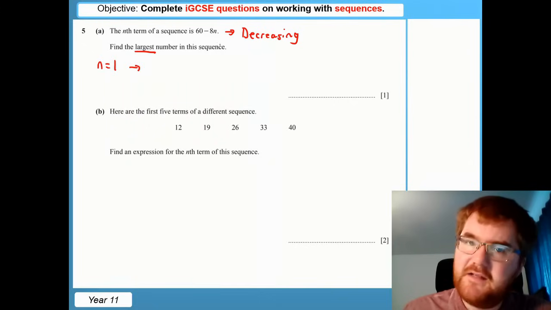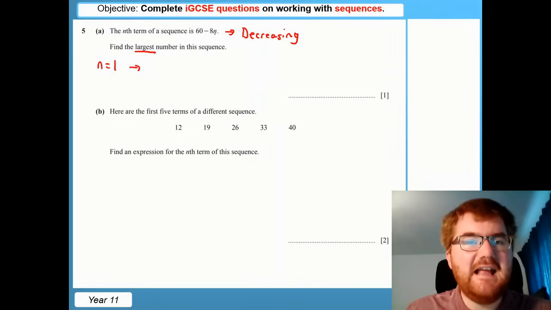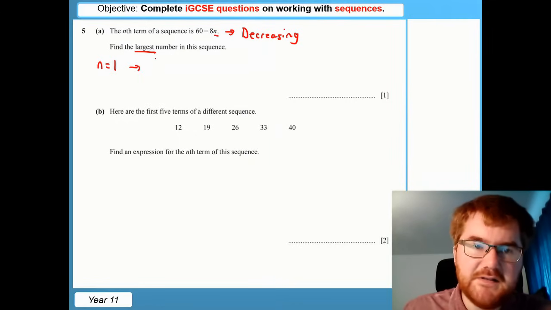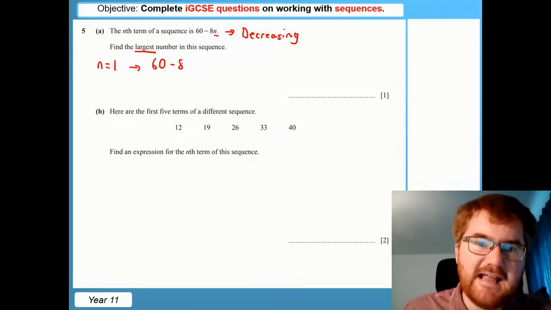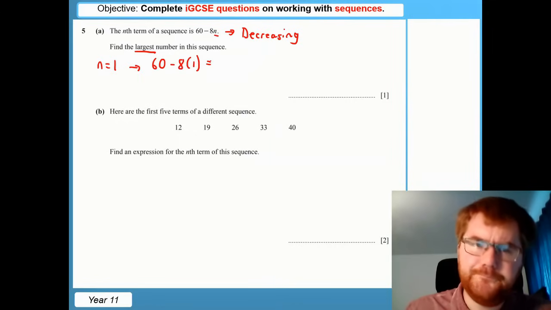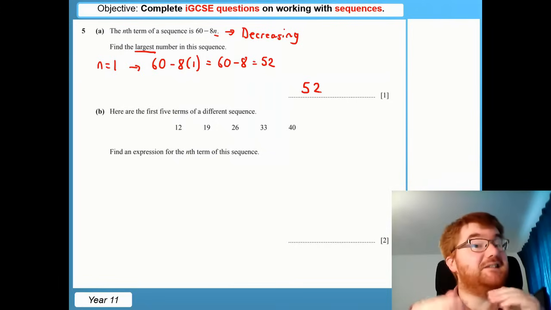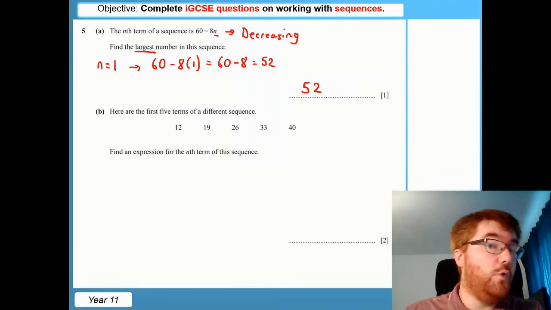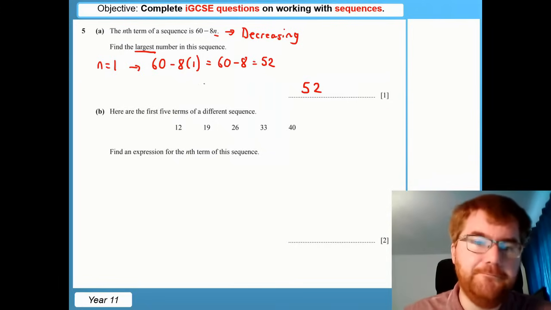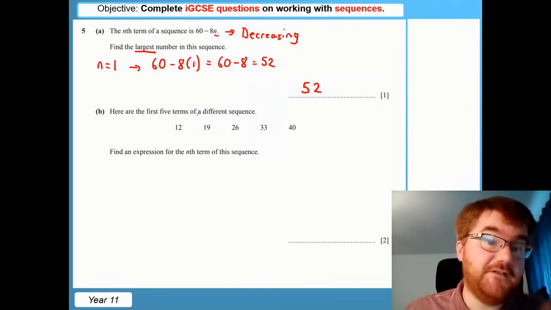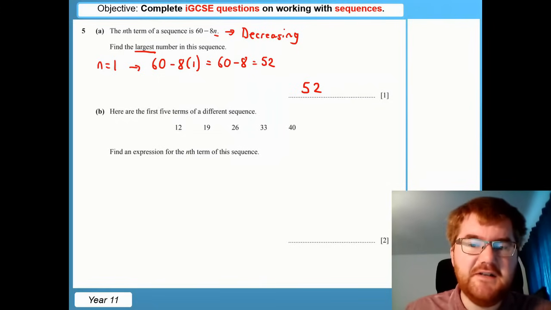So I'm going to copy out this nth term, and wherever I see an n, I'm going to put a 1. So we get 60 minus 8 lots of 1, which is just going to be 60 minus 8, which is 52. Notice every number after 52 is going to get smaller, and therefore this will always remain the largest number. Now here are the first 5 terms of a different sequence, and we need to find an expression